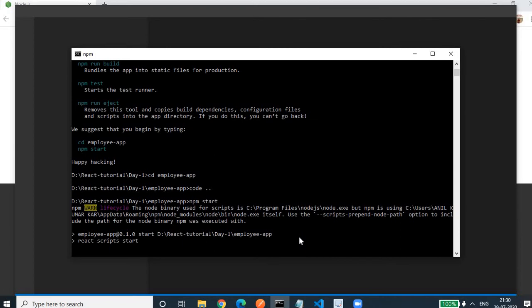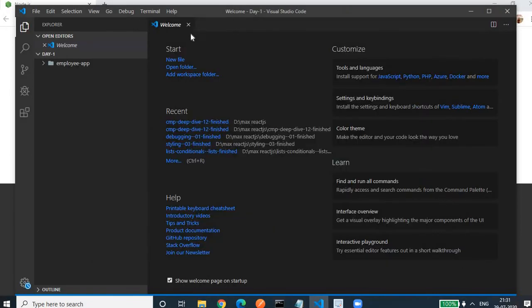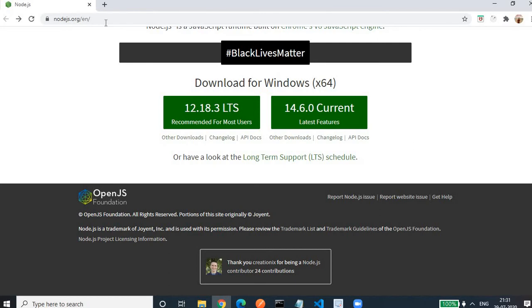Just a moment, it will open the tab in your default browser. So this is our Visual Studio Code which is being loaded with our application folder, and currently in the browser we have only one tab. We will see another tab in a bit.